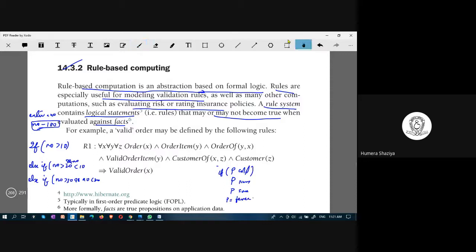This conclusion you are drawing from these rules. If these rules are satisfied,